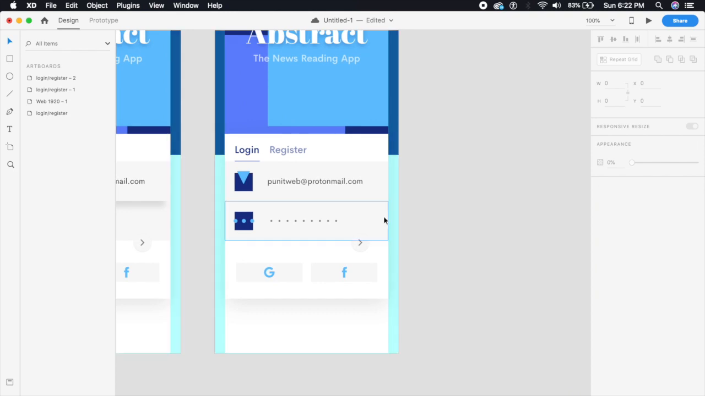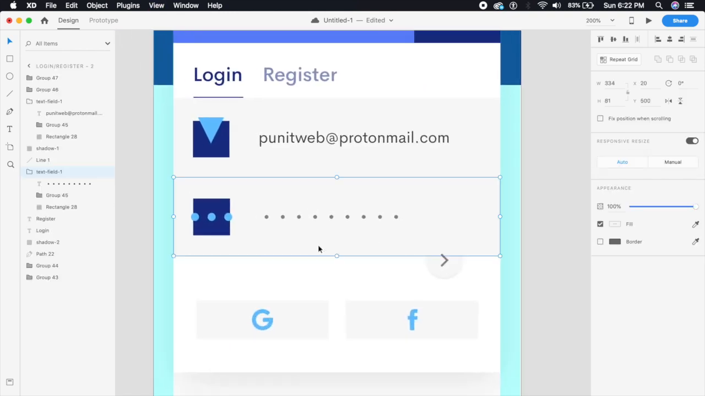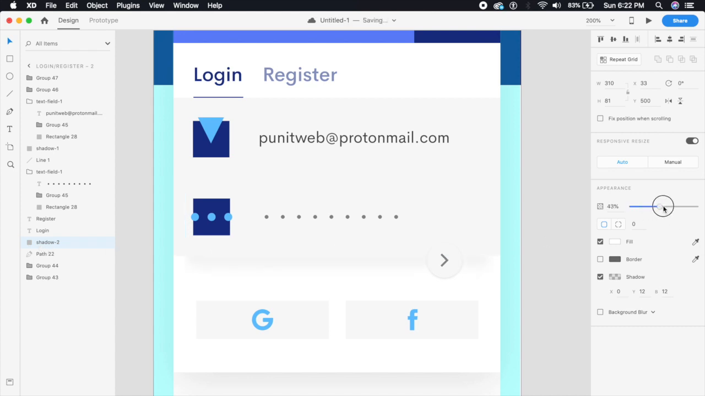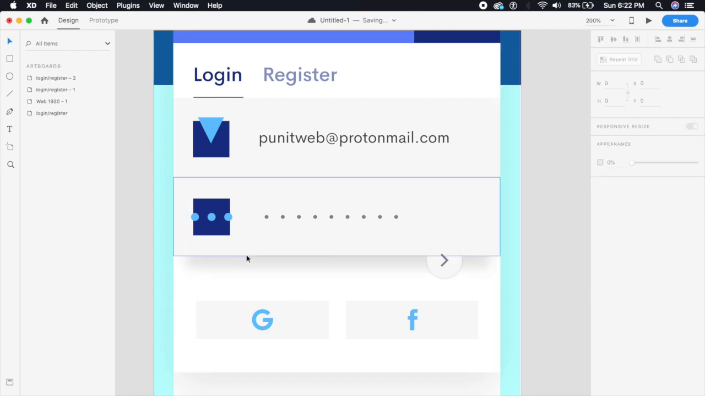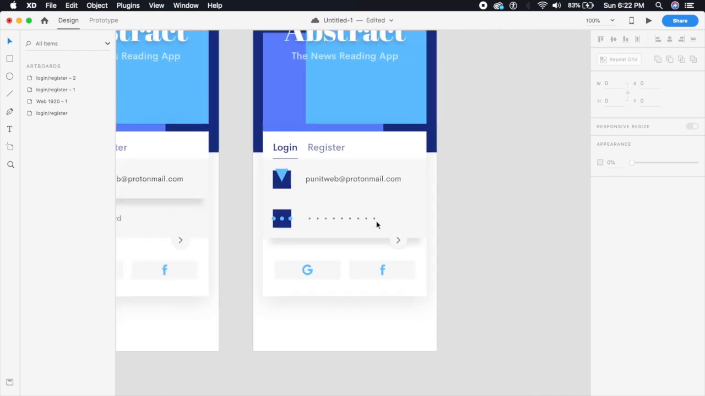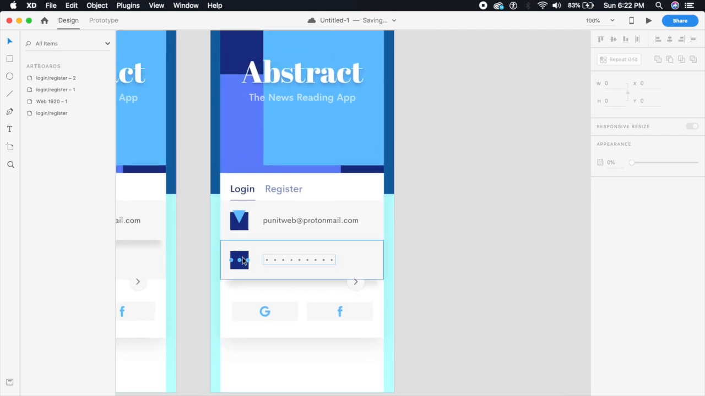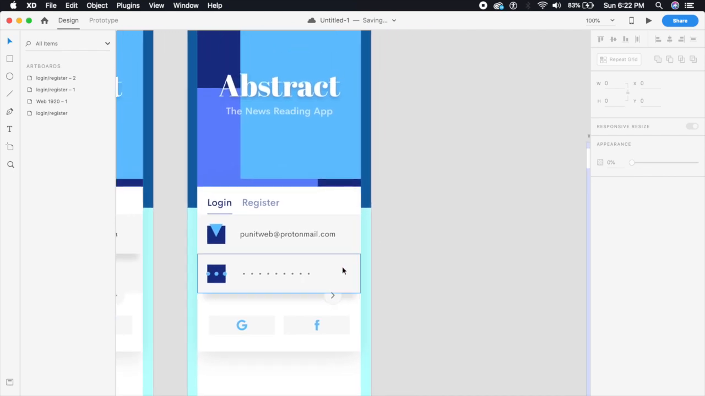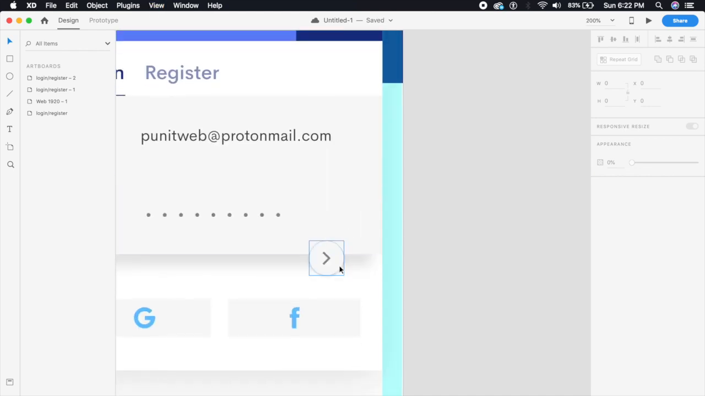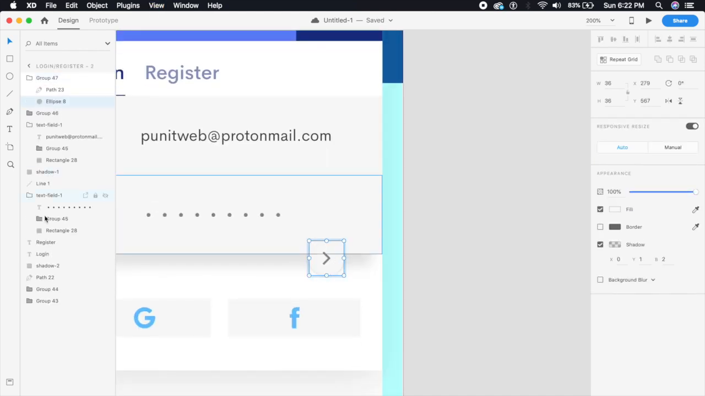So for the second text field, what we're going to do here in the third artboard is select the shadow 2 right here and increase the opacity to 100. Perfect. Now it's been lifted as well from this entire space, and that is it. After this, what we have to do here is double click here and make this a